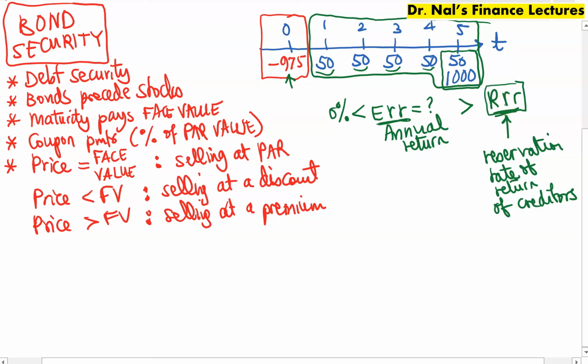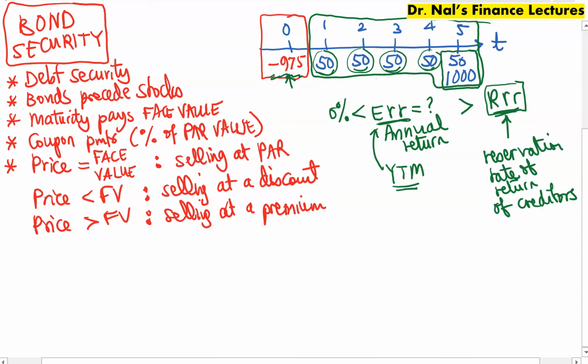So basically, the expected rate of return of the investor will be just the rate of return which will make the present value, the discounted present value of all these future cash flows, equal to the price of the bond, which is $975. So sometimes this is also referred to as yield to maturity, YTM. And yeah, so that's reasonable. So what is this number mathematically?